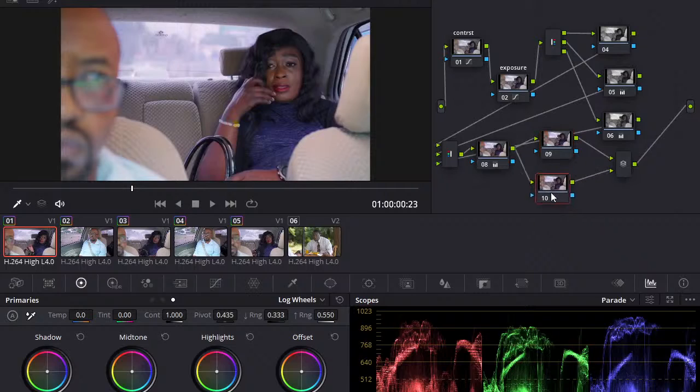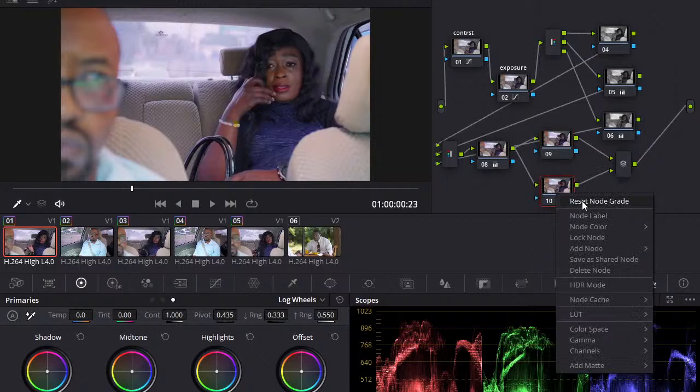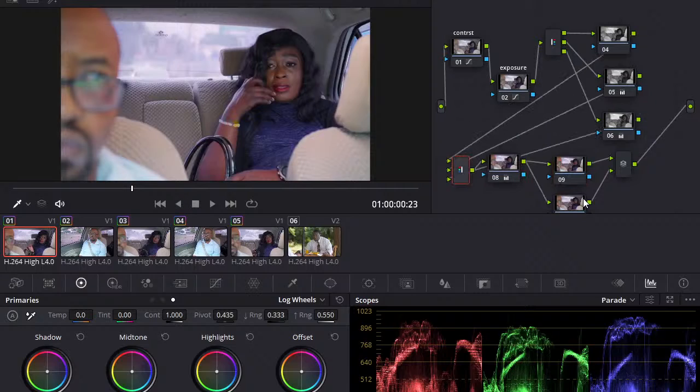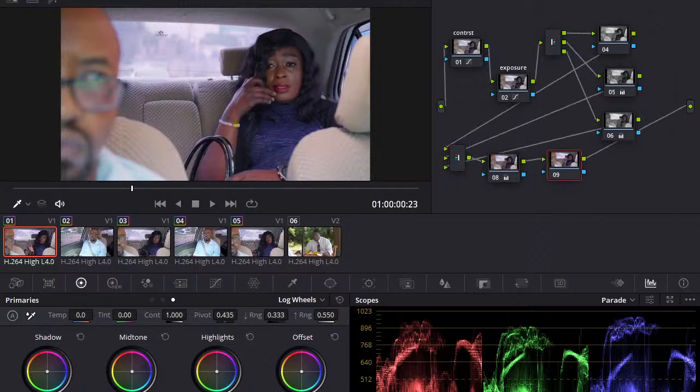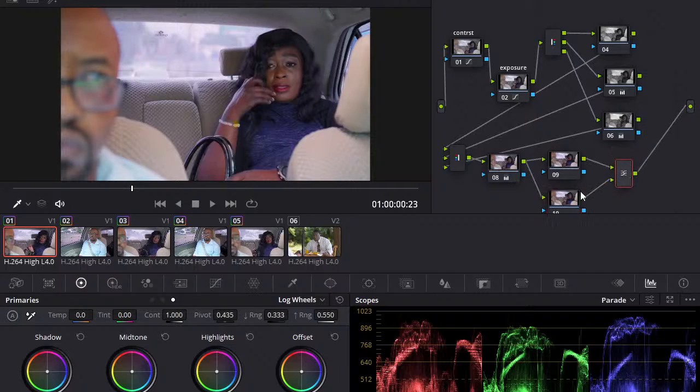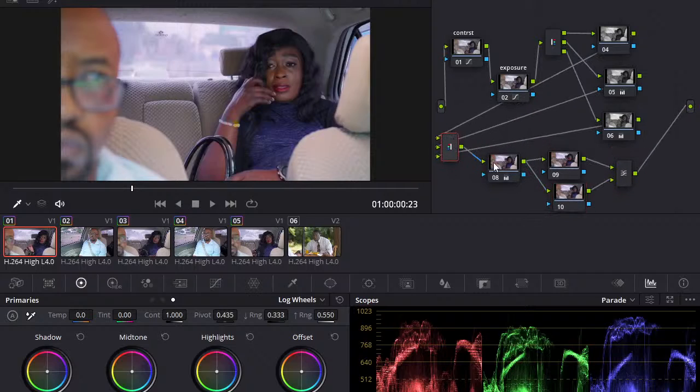Whatever is not parallel, actually it's supposed to be layer. That's strange. No, let's delete this. Sorry for that. It's supposed to be layer node. Whatever is below is supposed to take precedence over whatever is above.